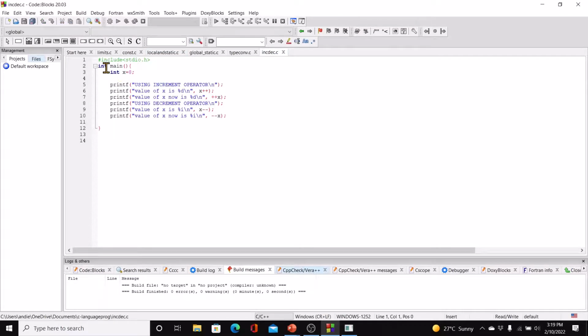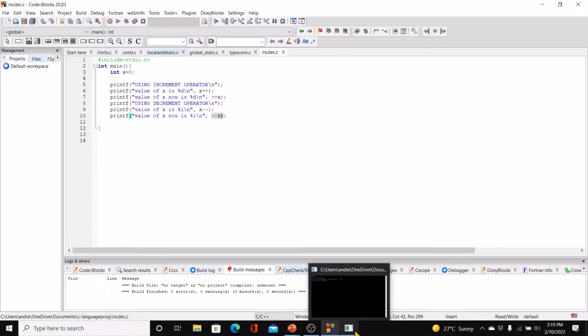So here we have integer x equal to 8. And in this program statement, we are printing out the value of x and then applying the increment operator. Whereas in the next program statement, we are applying the increment operator and then printing out x. Similarly, for decrement, we are printing out the value of x and then applying the decrement operator. And of course, here we are applying the decrement operator before printing out the value of x. So if I run this now,